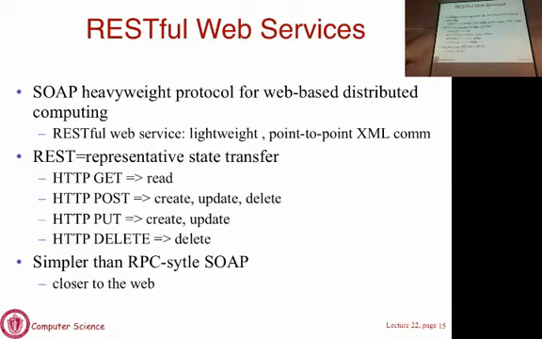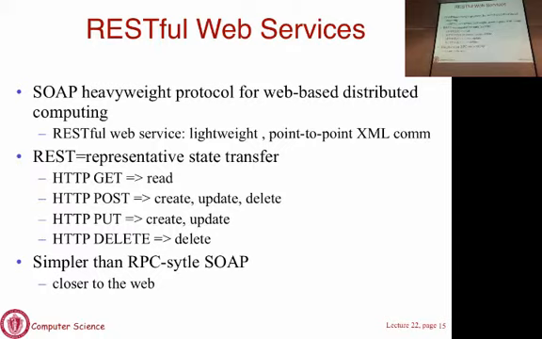What RESTful web services do is it's a stripped down version that handles the common case where you have point-to-point communication. A client talks to a server. You don't need a very complicated SOAP protocol to do that. You can just use RESTful web services for a client to send a request to the server and get a response. Not a request for HTTP content, but a request that resembles an RPC request, for instance.